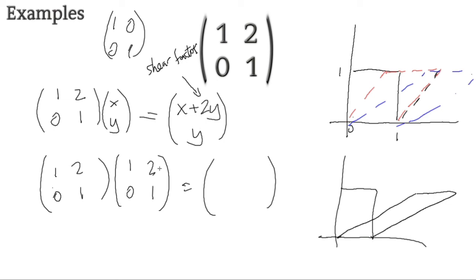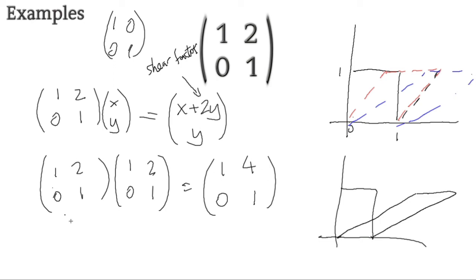Multiply this, we get 1. Then this would be 2 plus 2 is 4. This is a 0. This is a 1. So now this one looks kind of like you can't extract much information out of this, but if you keep doing